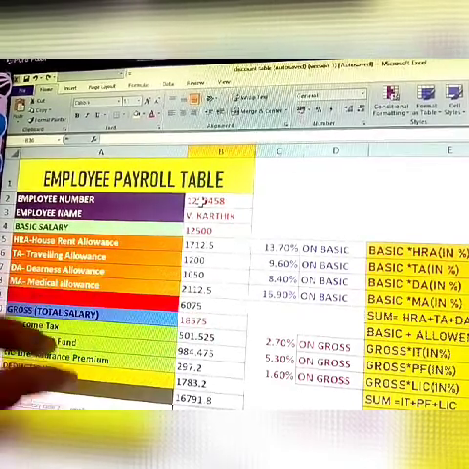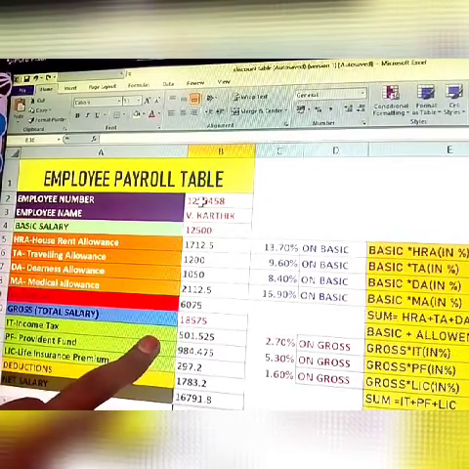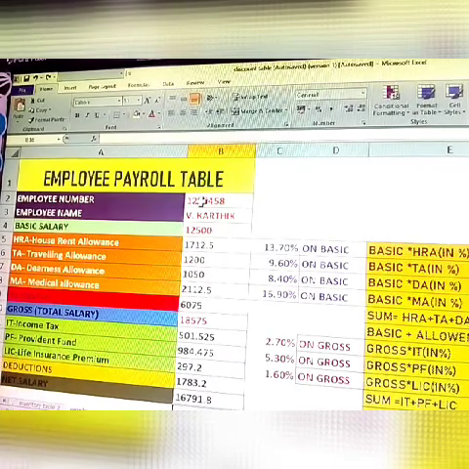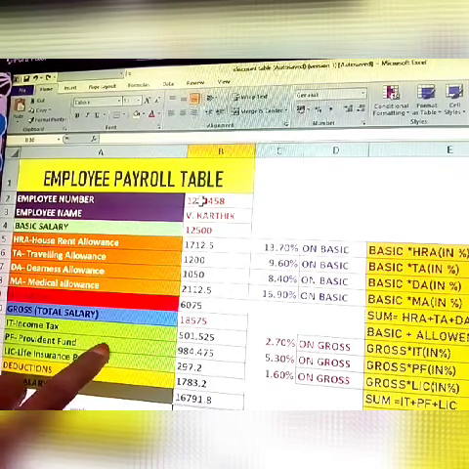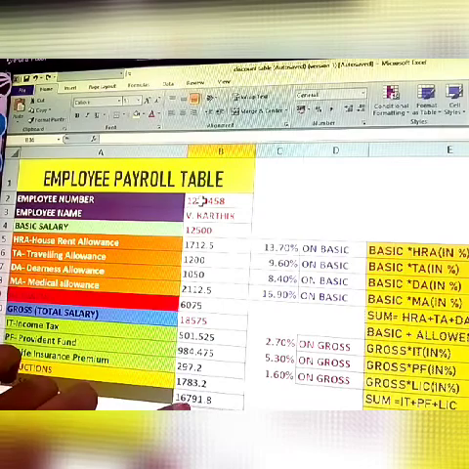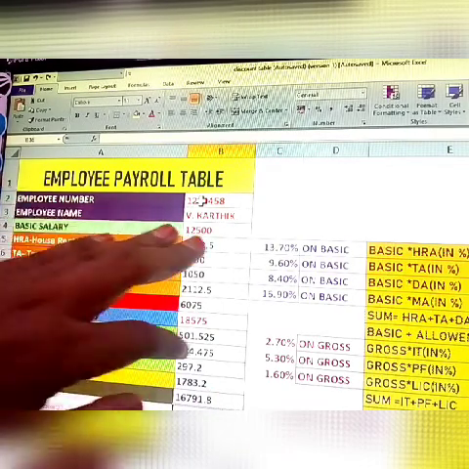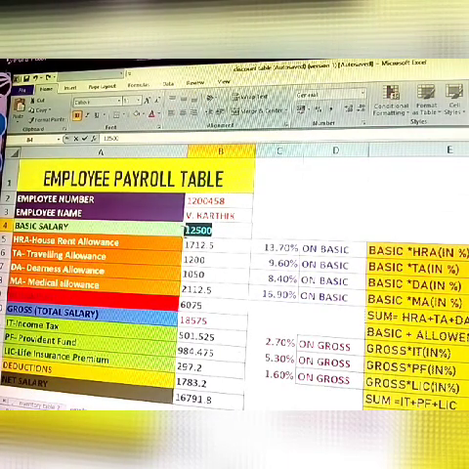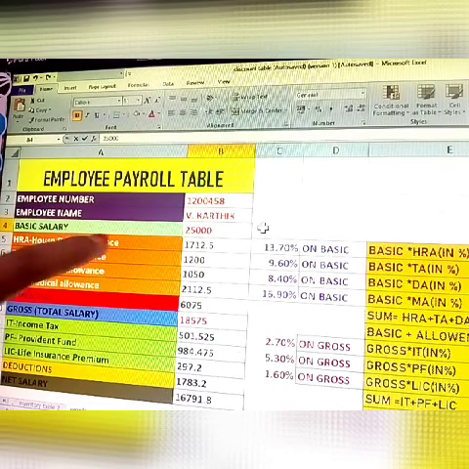This is not taken in hand. Why? Because the income tax is deducted. Every person must pay tax, it is compulsory. And PF means provident fund, which is given after retirement, and LIC policy insurance every person takes. These are all deductions, after which the monthly salary is taken. Suppose I modify it here to 25,000 on this person's salary, automatically all of this changes.